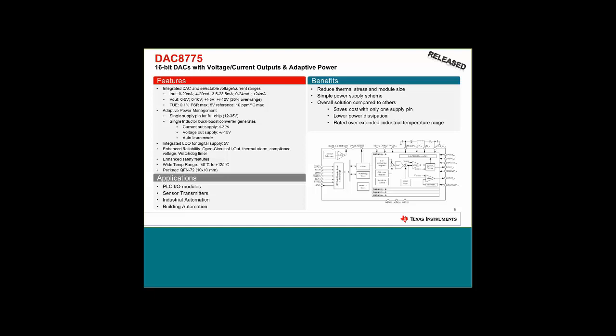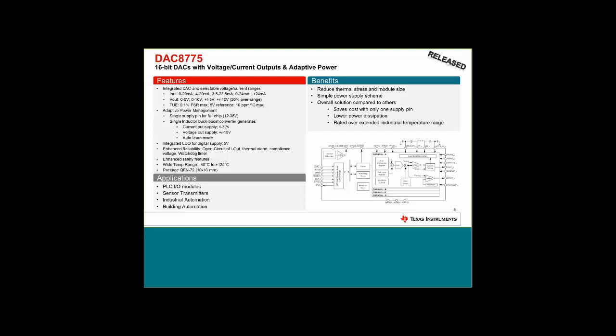So 0 to 20 milliamps, 4 to 20 milliamps, this 3.5 to 23.5 milliamp span, which maybe looks a little bit odd, but this was designed to accommodate the so-called NAMUR specifications, which allow for basically 4 to 20 milliamps as signaling, but then overcurrent and undercurrent conditions to indicate alarms. 0 to 24 milliamps, the widest unipolar span, along with plus minus 24 milliamps, which is kind of a unique case,